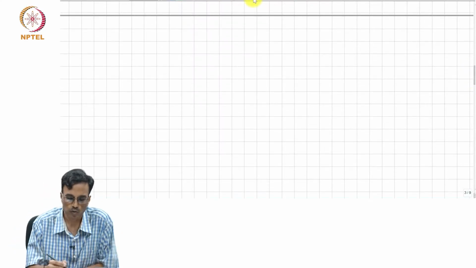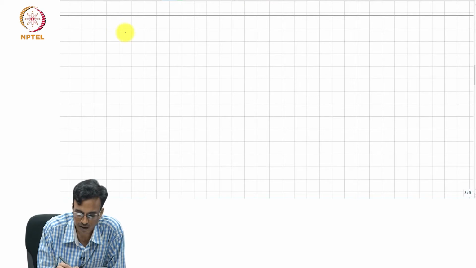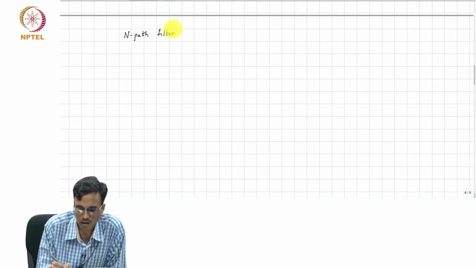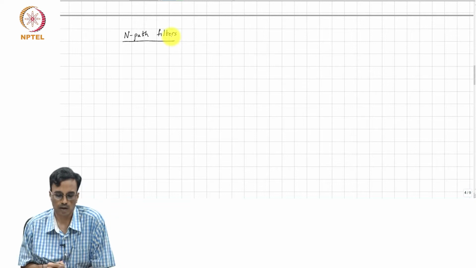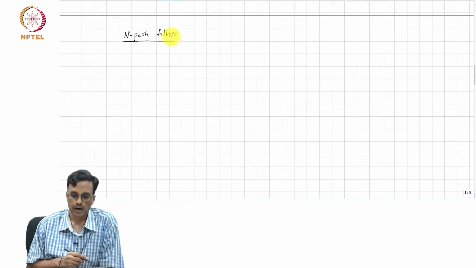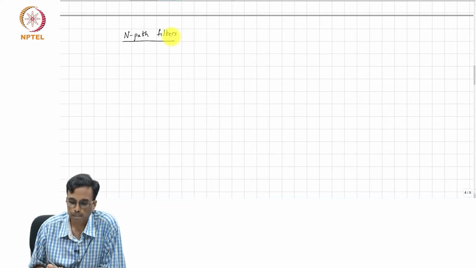What I want to draw your attention to is the N-path filter as used in RF transceivers. And the idea is the following.